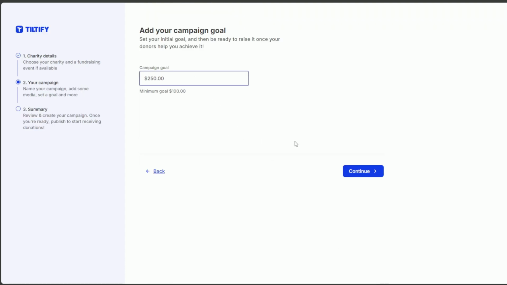Okay, so next you are going to set your campaign goal. The minimum is $100. You can increase that at any time, but you can't decrease your fundraising goal. I know a lot of folks get caught up in their first time fundraising on wanting to be able to fundraise a bunch of money. And I just want to be the first to say that whether you fundraise $100,